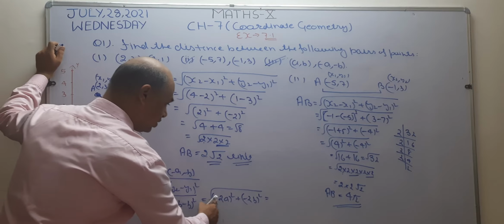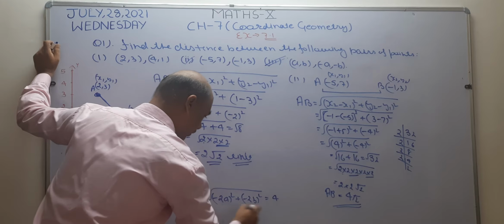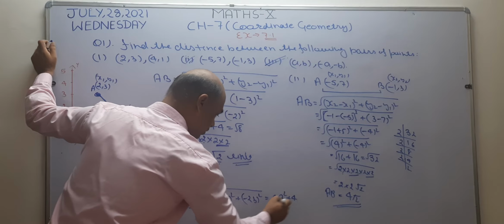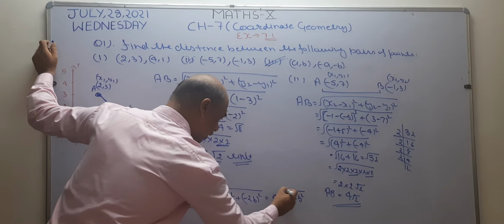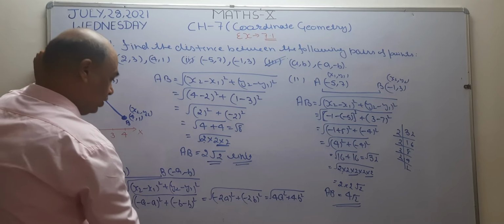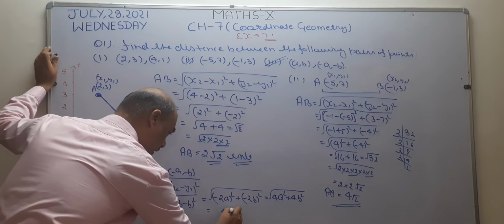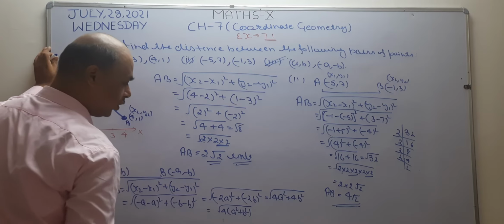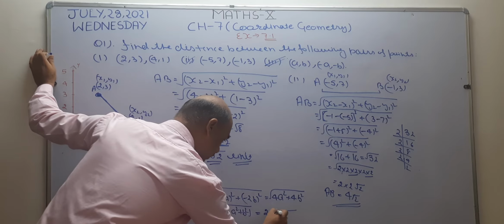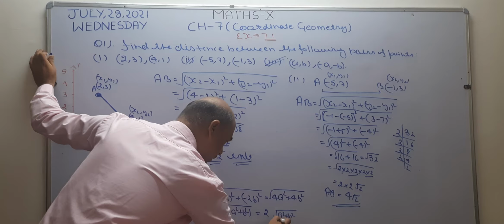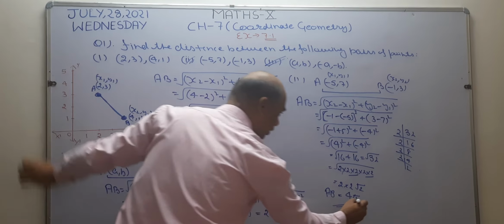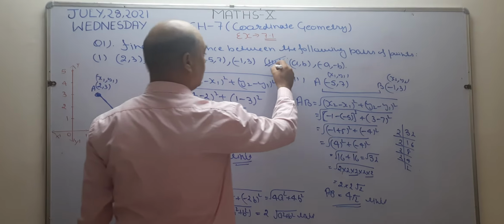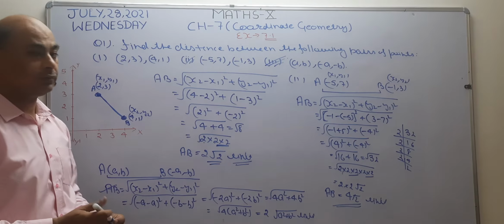Now see, square of minus is plus. Square of 2 is 4. Square of a is a square. Again square of minus is plus. Square of 2 is 4. Square of b is b square. Now see what is common between these two. In these two, common is 4. Take out 4 common. After that, what is left? a square plus b square and square root. You know square root of 4 is 2. So this can be written as 2 into the root of a square plus b square, and right here unit. So this is the distance between 2 points. This is your answer. I hope it is clear now. Okay.